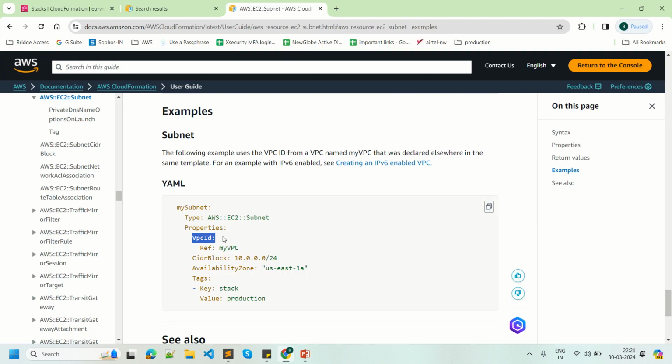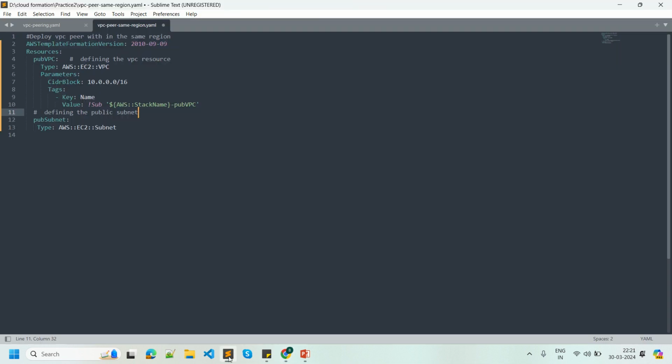We have to define the VPC ID where I'm going to define the subnet. So within the public VPC, I'm going to create the subnet, and so I'm going to refer to this VPC,